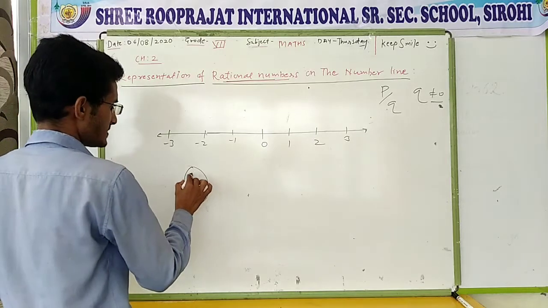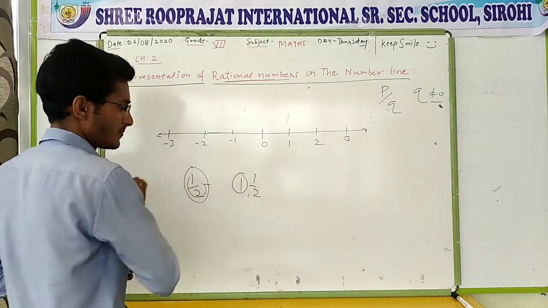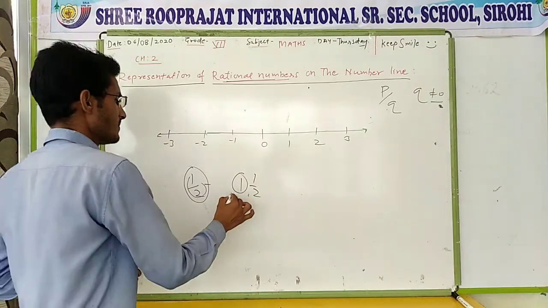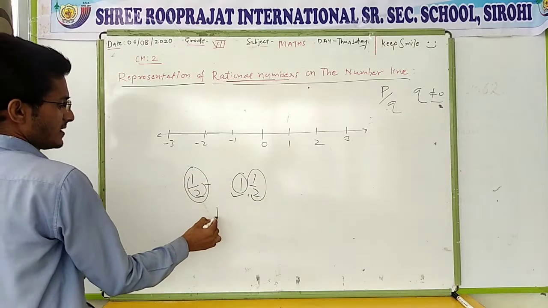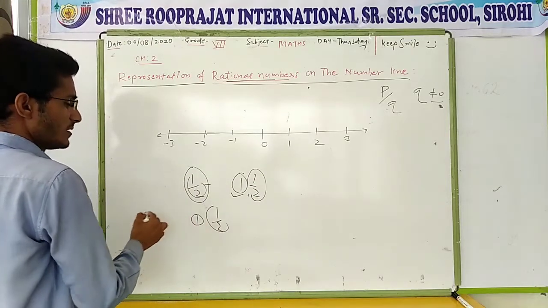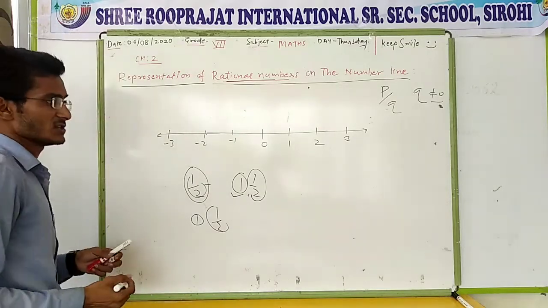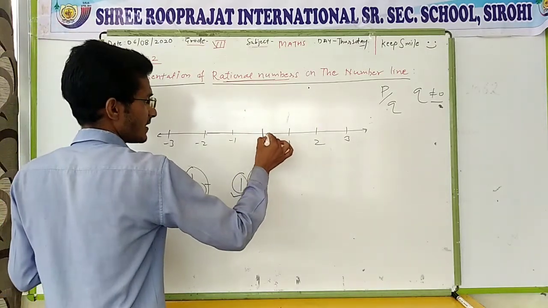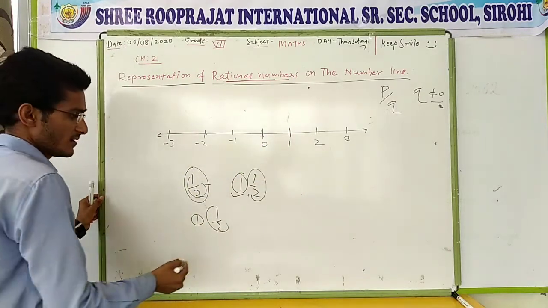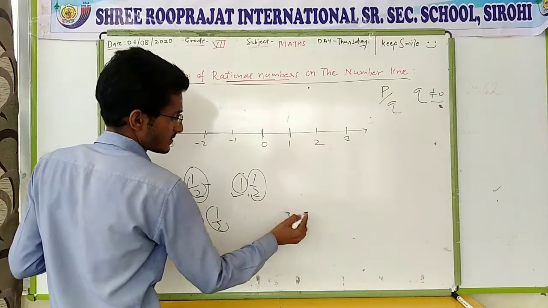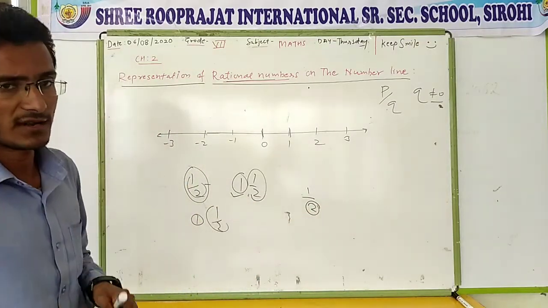It is just a rational number, there is no complete number like 1 and a half. If it were 1, you would first have to complete the one part and then the half. But here half means only half, there is no whole number or natural number before half. So first of all you have to start with 0. Start with 0, and from 0 to 1 you have to divide that part into two parts. Two parts means the number given in your denominator, or q.